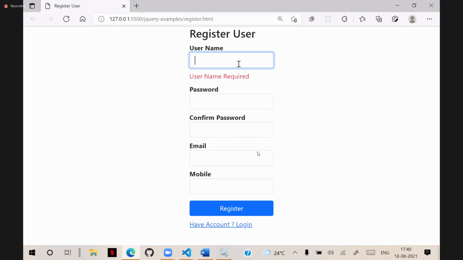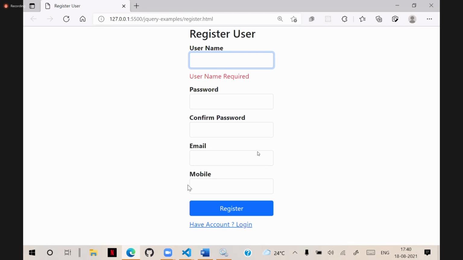While typing itself, we have to verify whether the username is taken or not. That means we have to get it from the database and check it. That example I already showed you without a database, with hard-coded data. Now we have to verify with the database. That's how it generally happens in real time.